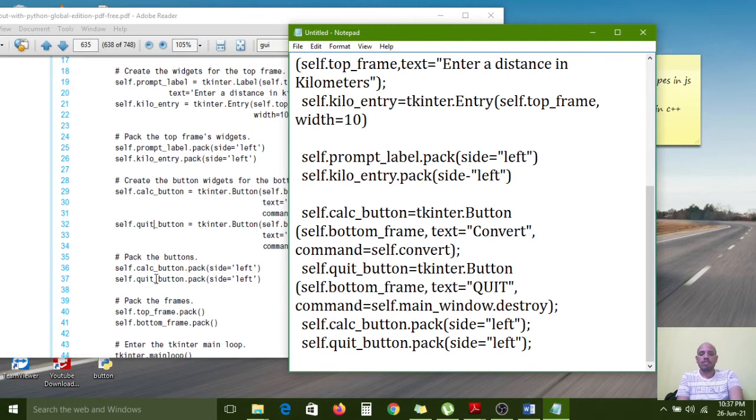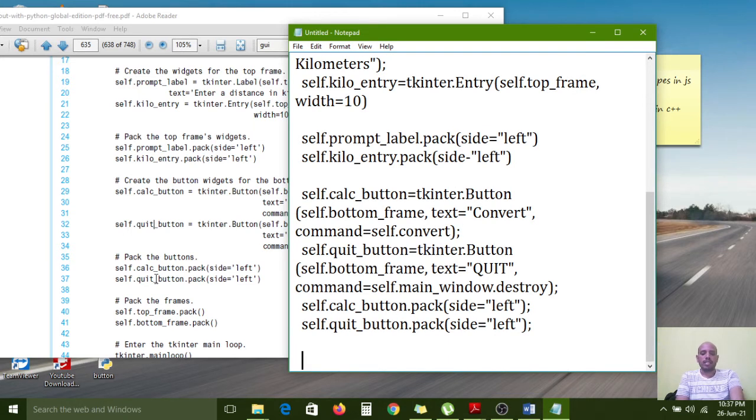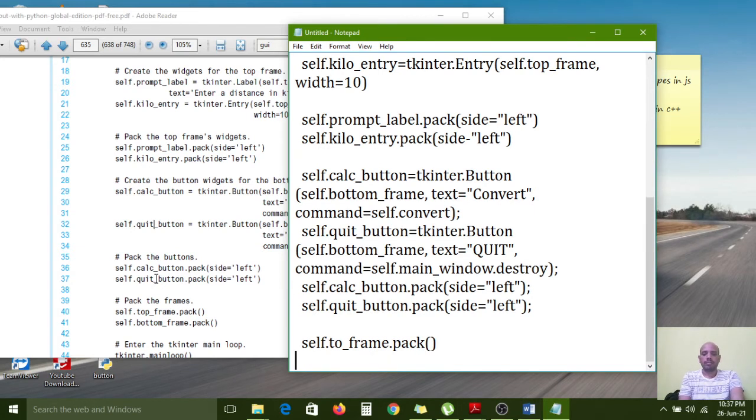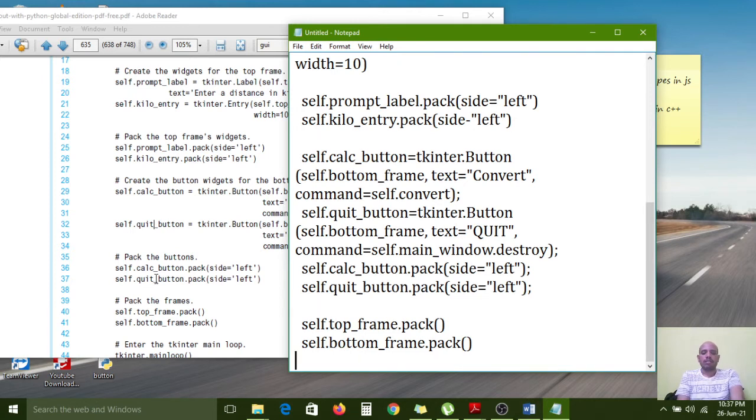Now I want to pack the frames. Self dot top underscore frame dot pack, self dot bottom underscore frame dot pack. So these two frames are also packed, and tkinter dot mainloop we have used.